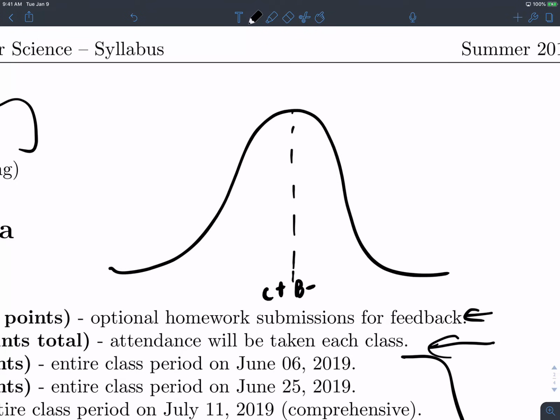So to really answer your question, usually it is, and you'll probably hate me after this, 5% for each third of a letter grade. So A plus is 95 and up, A is 90 to 95, A minus is 85 to 90, B plus is 80 to 85, etc., all the way down.